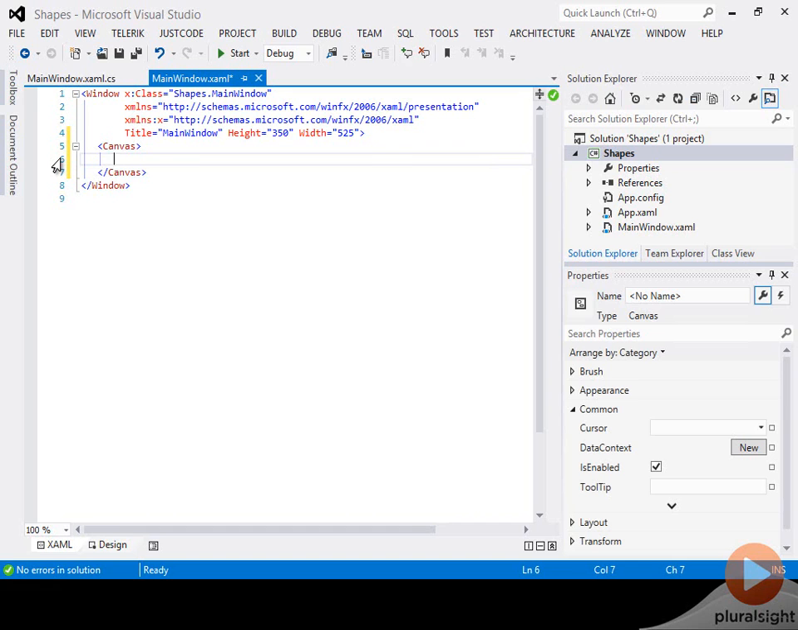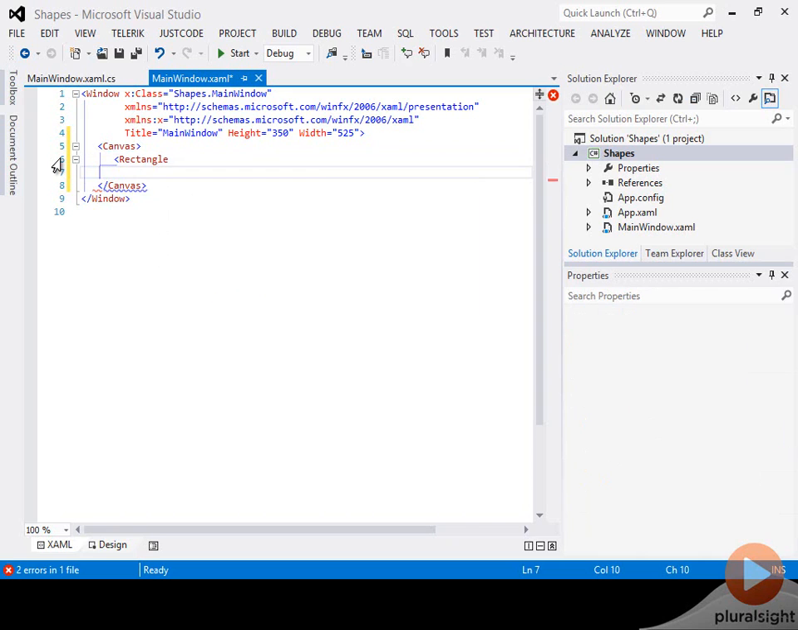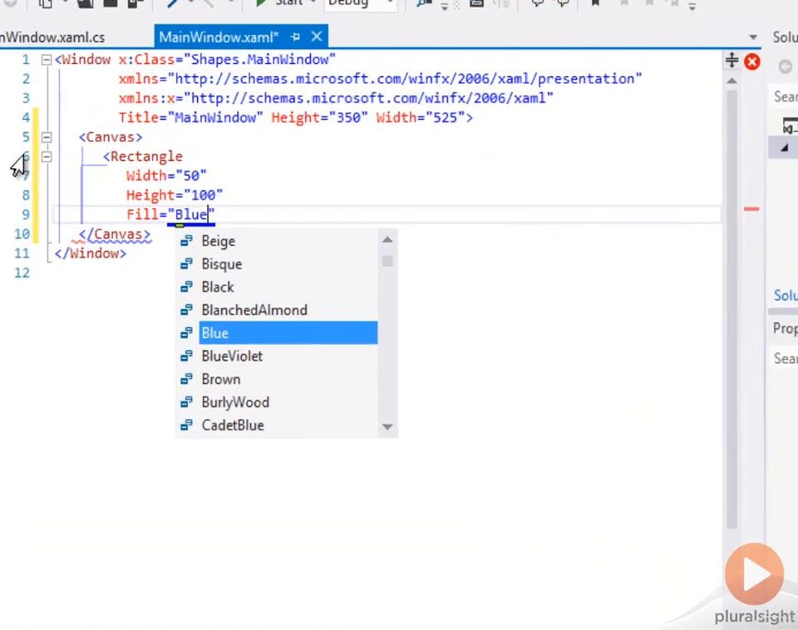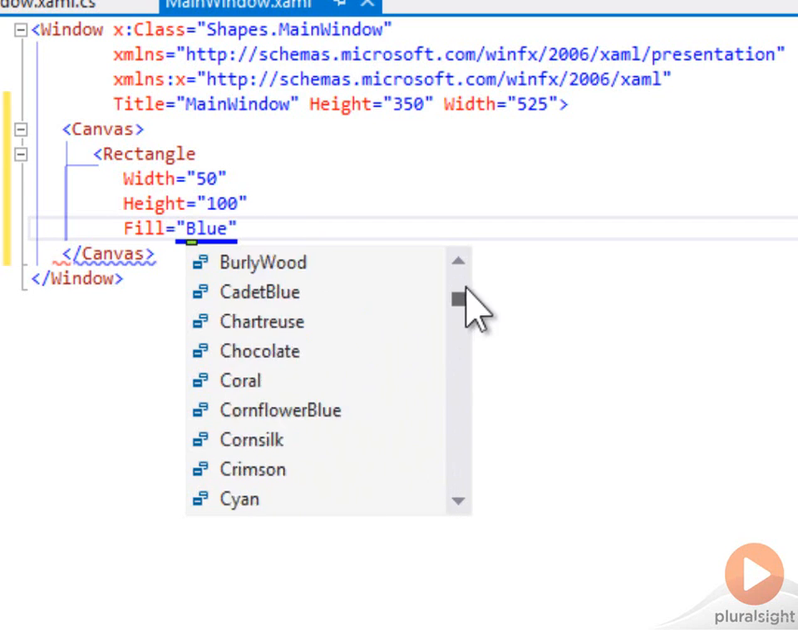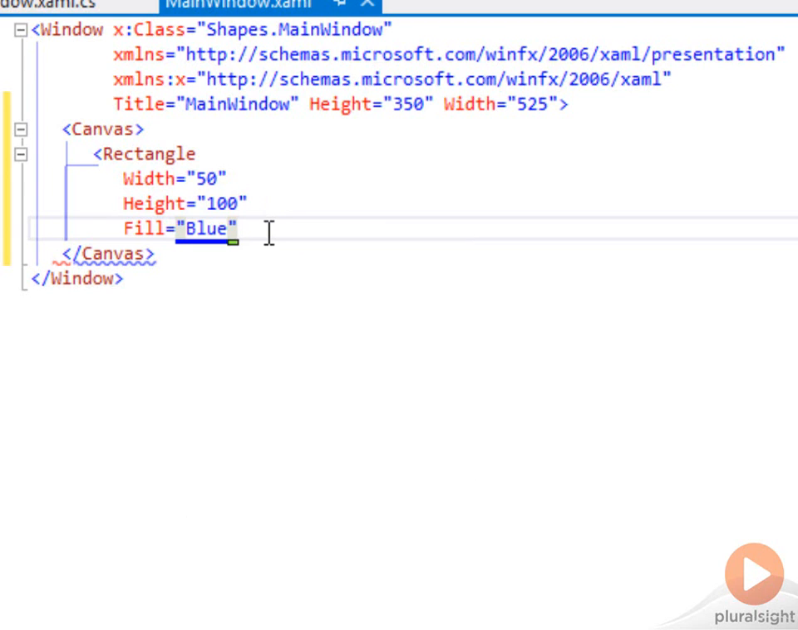The first shape that we're going to create is a rectangle. We need to give the rectangle a number of properties. First off, we need to give it a width, and then we need to give it a height, and in this case we're going to have a tall, skinny rectangle. In order to see the rectangle, we need to give it a color, a fill, and let's set the fill in this case to blue. And notice that when I'm filling in the color, IntelliSense offers all the predefined colors for me, and there are a great many predefined colors to choose from. When we look at brushes, we'll look at how to do slightly more complex fills, but for now, we're going